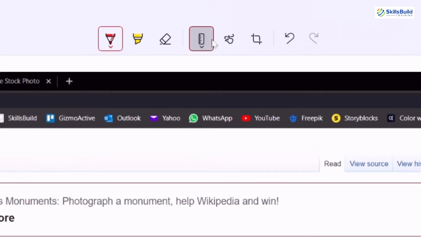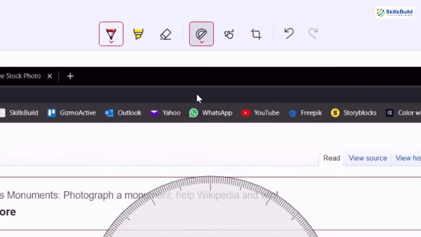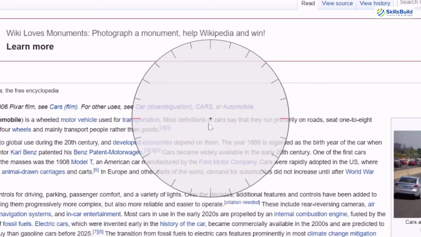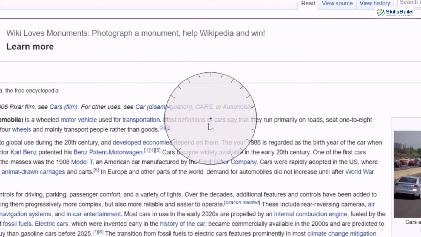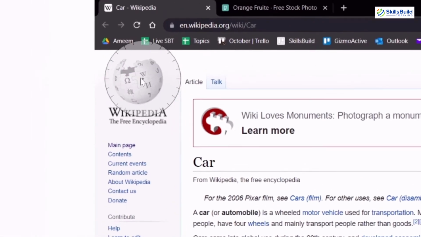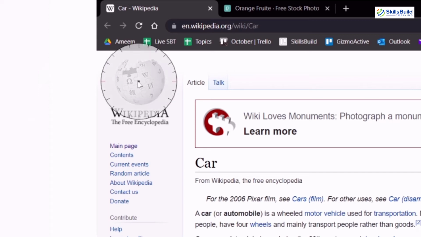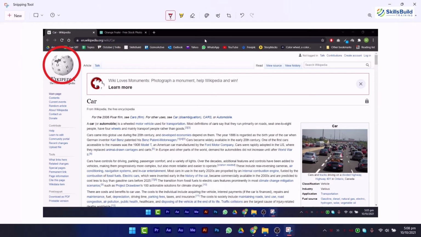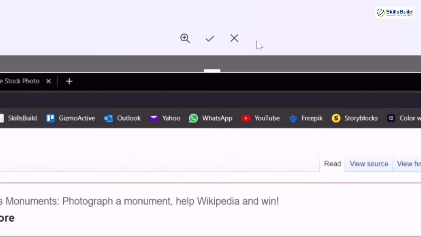To make a perfect circle, use protractor. To change its size, bring the cursor inside it and then use the scroll wheel. We can also crop images using this option.